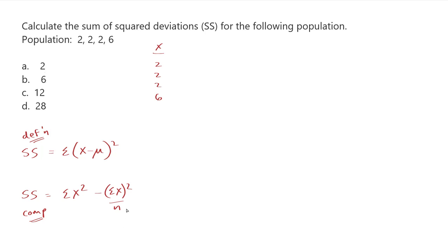All right, now let's start off with the definitional. I need to first of all find my mean, and the mean is the sum of x over n. So I need to know my sum of x. So 2 plus 2 plus 2, that makes 6, plus another 6, that makes 12. So it's going to be 12 over 4. So 12 divided by 4 is 3. So when I do my first column to make my deviations, I'm going to be subtracting 3 from each one